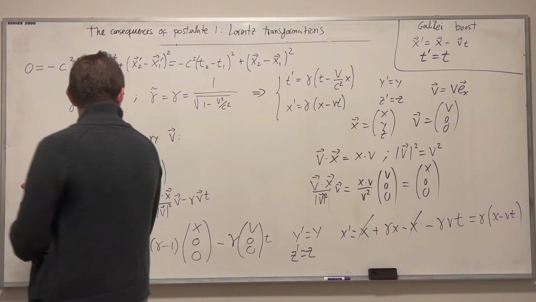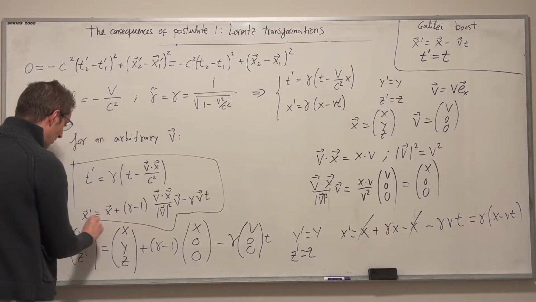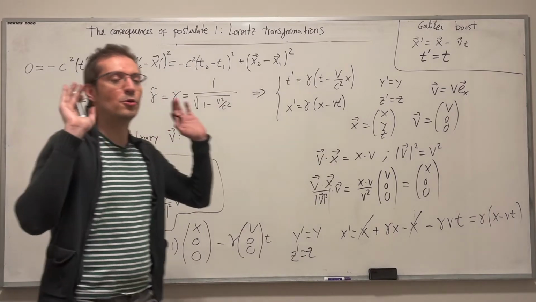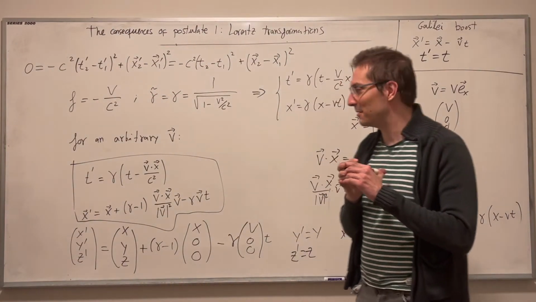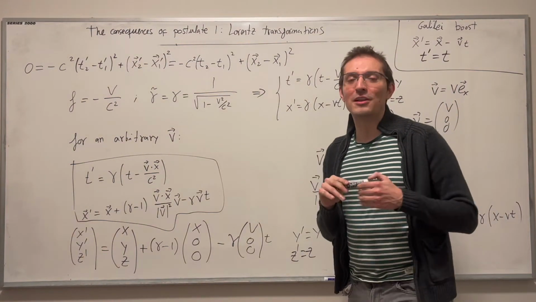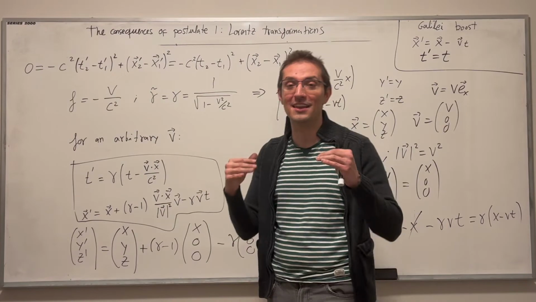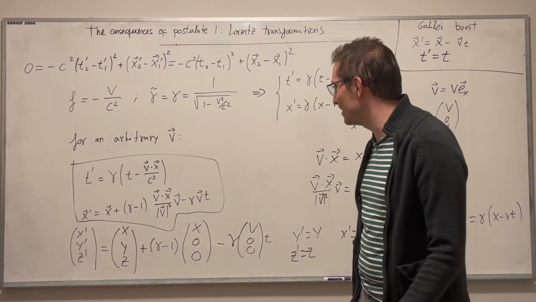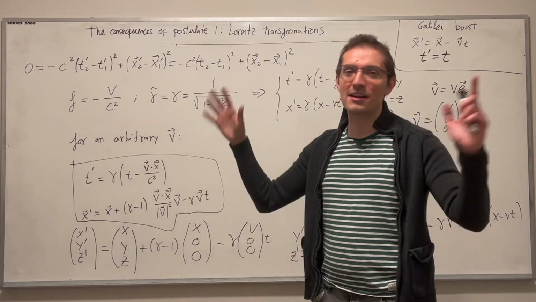All right. So this is the expression for the Lorentz transformation, the Lorentz boost. I call it Lorentz transformation, but maybe I should call it Lorentz boost, because Lorentz transformations are more than just the boosts, as we will see when we study the Poincaré group. Okay, but these are the Lorentz boosts when the velocity goes in an arbitrary direction.